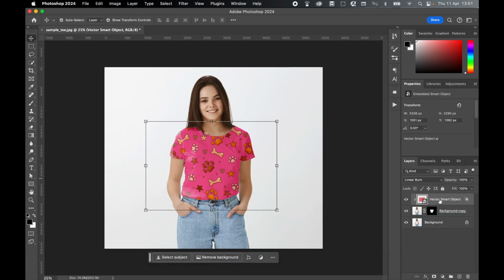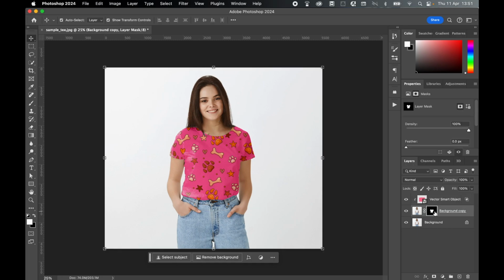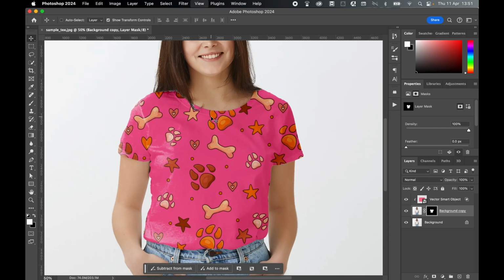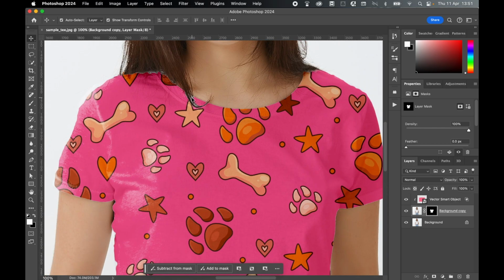As long as this layer stays a vector smart object, you can continue to go back into Illustrator and make as many changes as you like. The great thing about this being a mask is that you can continue to make changes. So if I Command or Control plus to zoom in, you can see here I've still got some white. So select my mask, not the image, select the mask layer, grab my paintbrush tool, set a soft round brush, turn my opacity down, and then select white to remove from the mask, and select black to add back to the mask. So I can continue to refine this mask as much as I want using the masking options